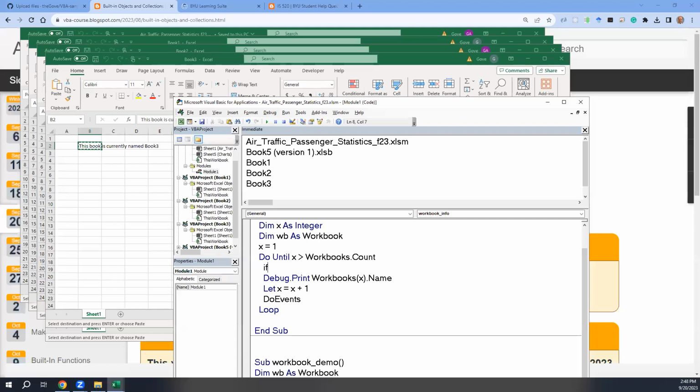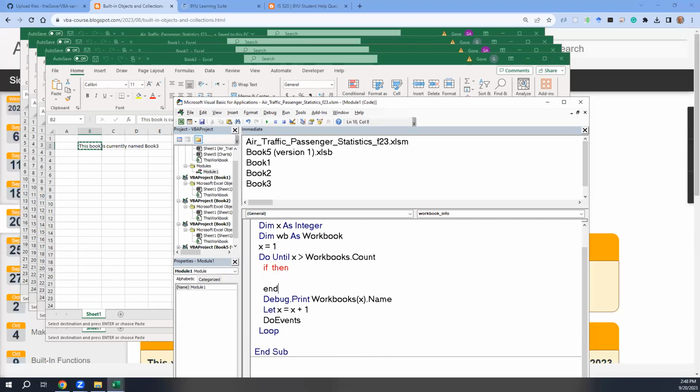So now I'm just going to put something else I haven't shown you yet. We've got a whole day talking about the if statement. Let me just introduce it to you really quickly, not in all of its glory, but just in its simplest form. If, then, and end if. Between the if and the then, I'm going to put some condition that will evaluate to either true or false. And what am I going to put here? I'm going to say workbooks sub x